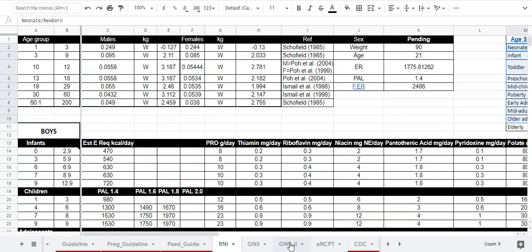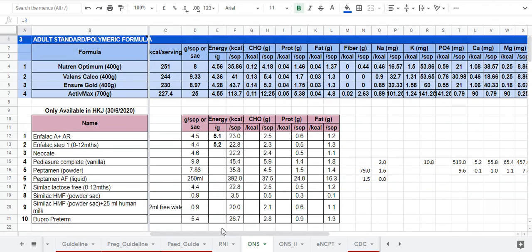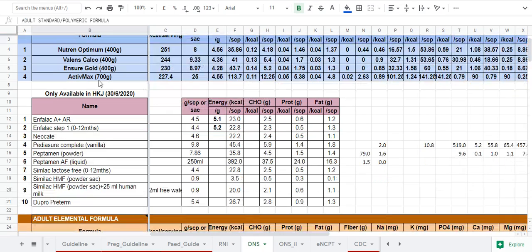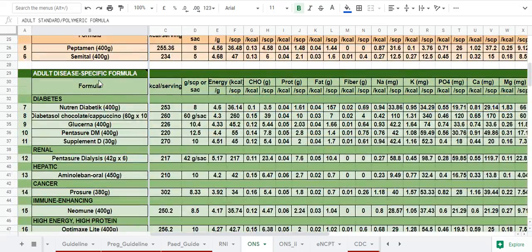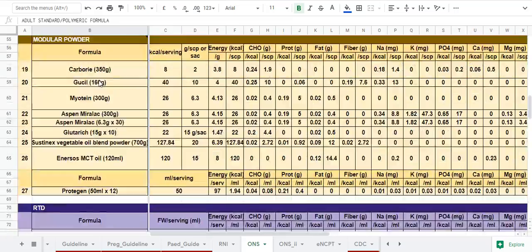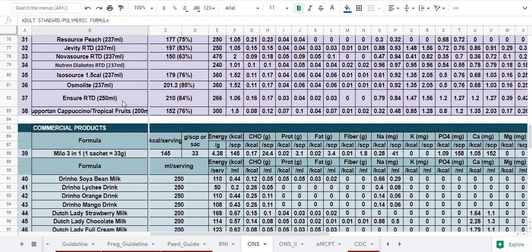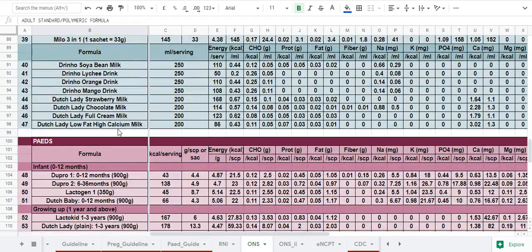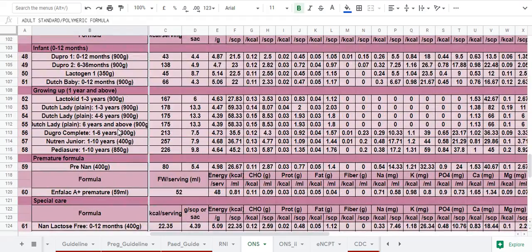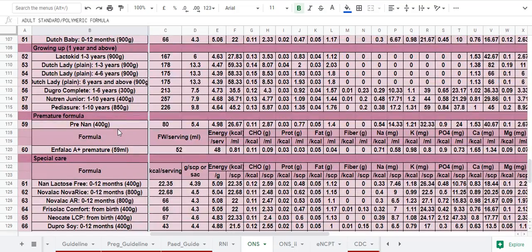Next is our ONS tab. This is the tab that we use to refer to all of the energy and nutrient contents contained within the ONS product. This is what I received at least during my DM116 placement, and you have to update this yearly. There might be some areas inside this as well that may already not be up to date, so you have to explore,